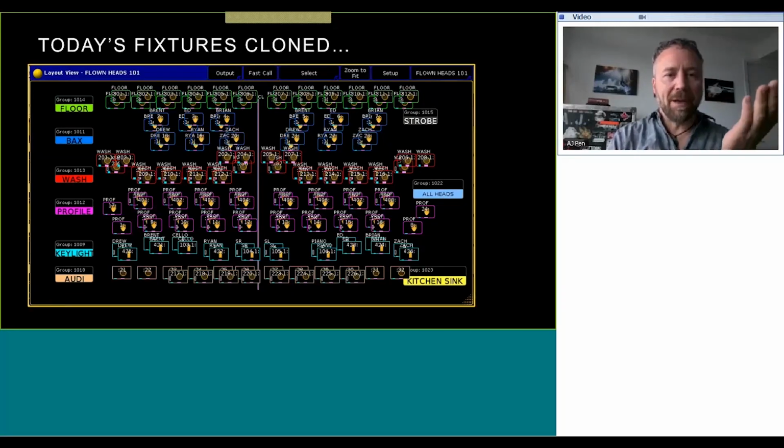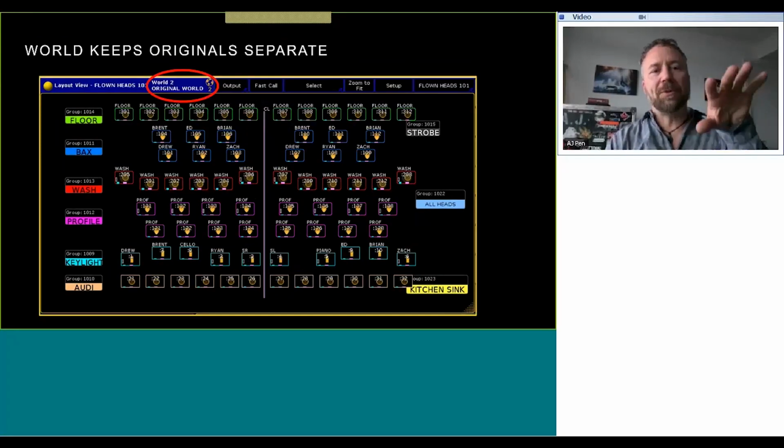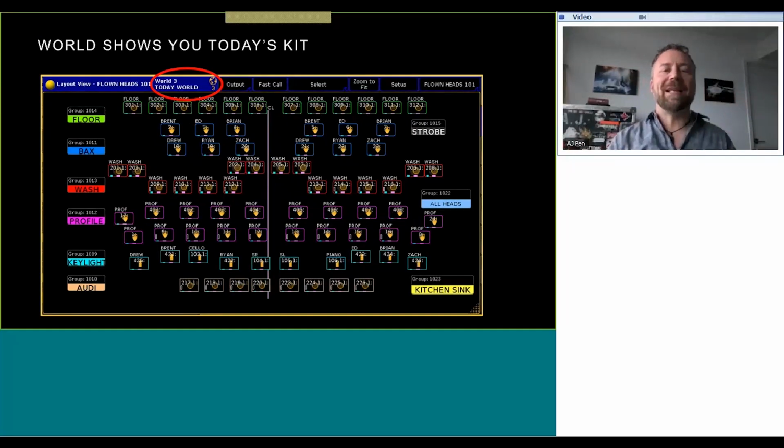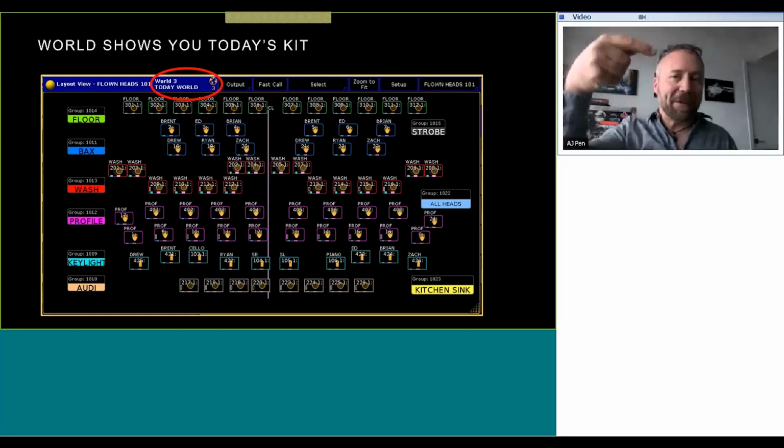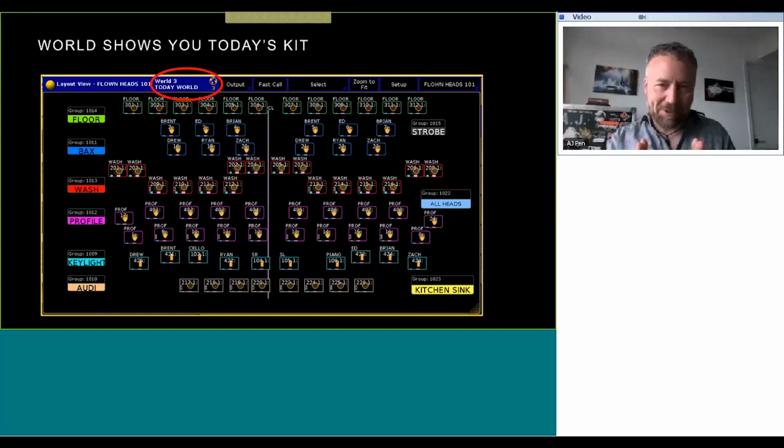We've gone from the full world to just the original world, and now you can create a today world. I have a macro that unlocks the today world. I lock those worlds so I don't accidentally screw them up. But my macro to create the today world will unlock it, take all the fixture numbers. Again, anything that's a fixture number is a today fixture. Store it, re-record it. Now I have my today world. And you can see all the originals have disappeared, and I'm looking at just these fixtures that I have in front of me on the day.